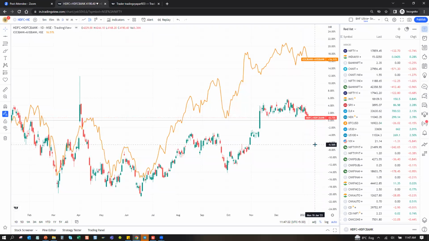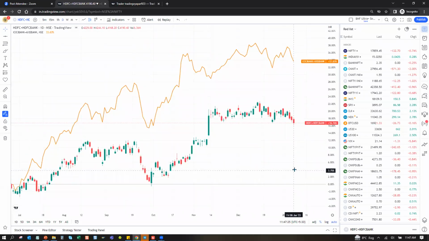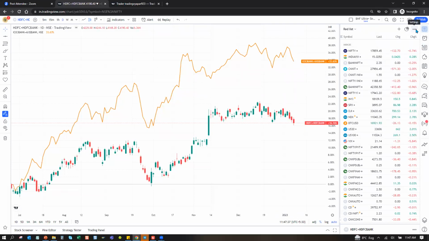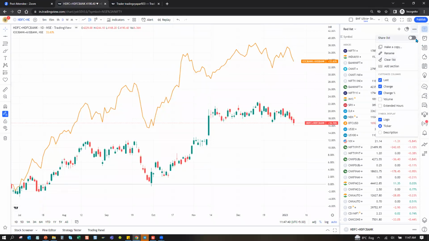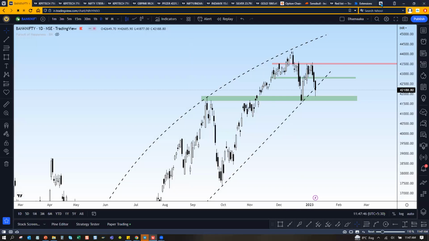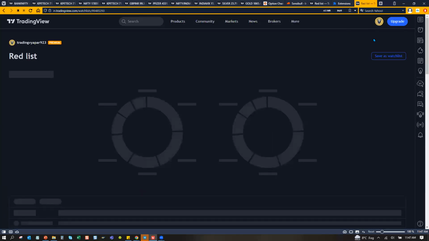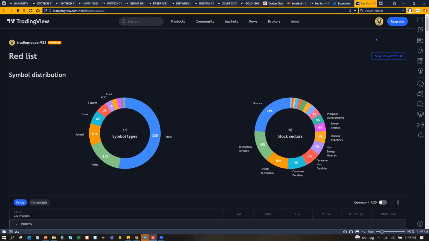And the shifting of the watch list. What you need to do is, from the screen itself, right click and we can add it. But then how to copy? From here we have the share list. You enable share list and copy this link. This link will be copied. Let's say I open it on another browser, where you have logged into another user, or you have shared it with your friend. He will get this and save it as a watch list. So your watch list will automatically transfer to your friend's watch list as well.